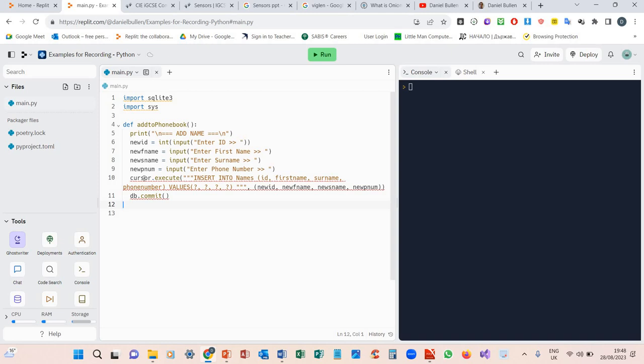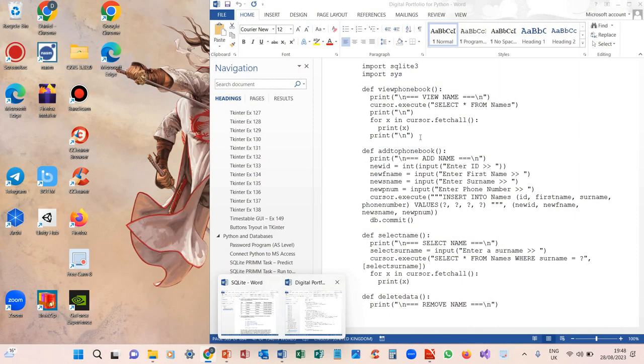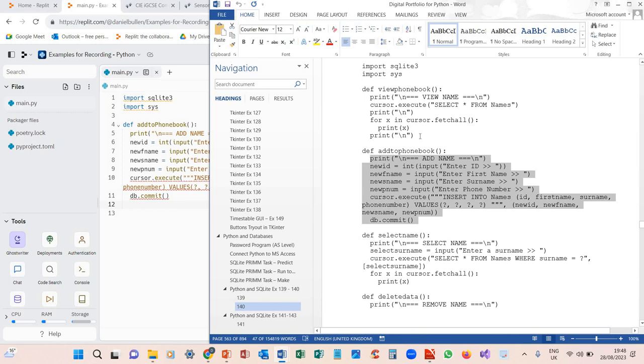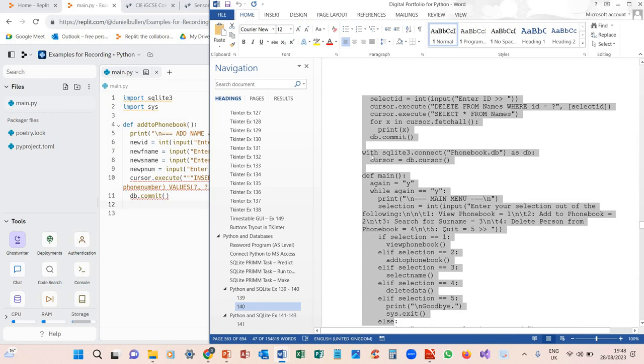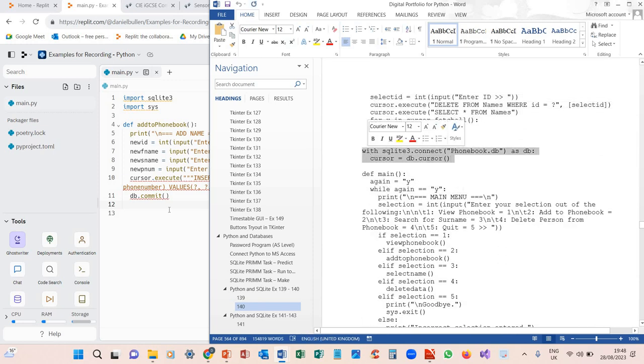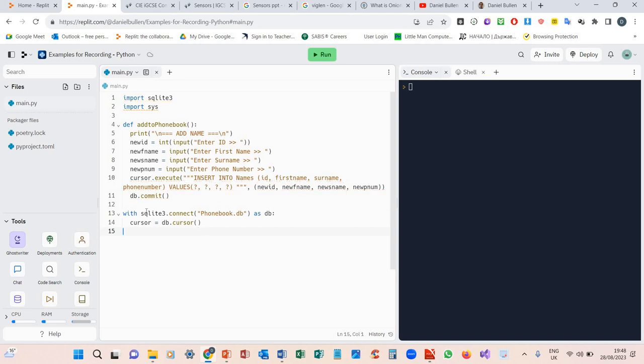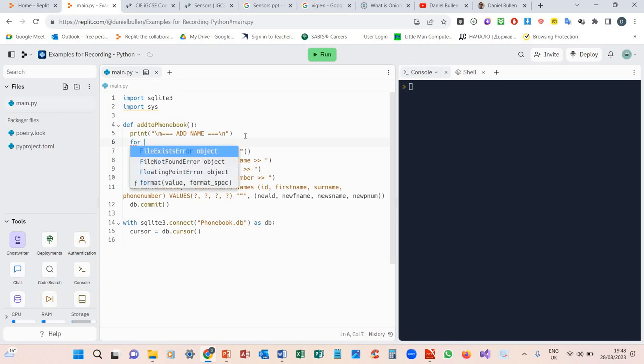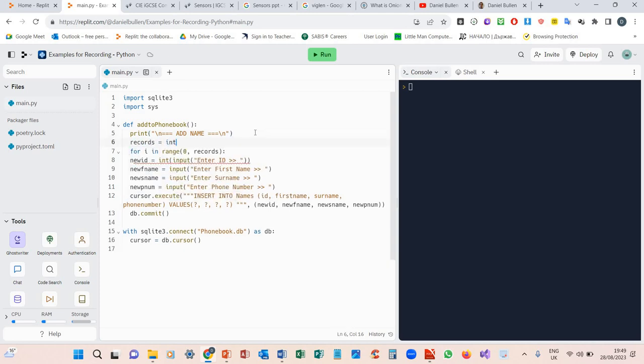And you'll notice we haven't got the cursor execute yet, so we will need to do that by doing this. So with sqlite3, you've got the Phonebook. So we will need this so that we can actually get on with our plan. What we can do also, to make this more interesting, is use a for loop. So for i in range, I'm going to do 0, and I'm going to do one called records, because I'm going to declare a variable called records